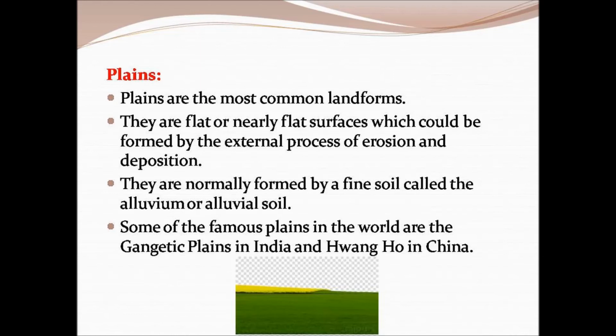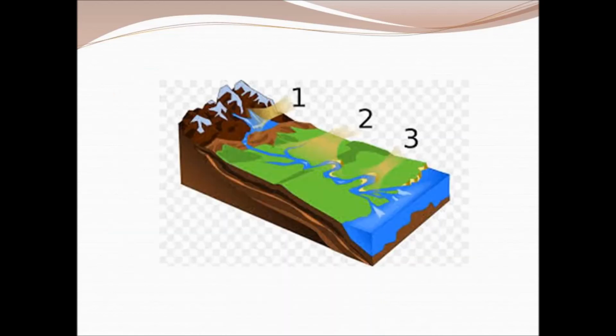While the rivers flow down the mountains, they bring along with them the sediments of the alluvial soil. And when they reach the plain, they keep depositing these alluvial soils in the plain before they reach the ocean. Some of the famous plains in the world are the Gangetic Plains in India and Huanghe in China. And now let us see in detail about how the plains are formed and how the alluvial soils are deposited